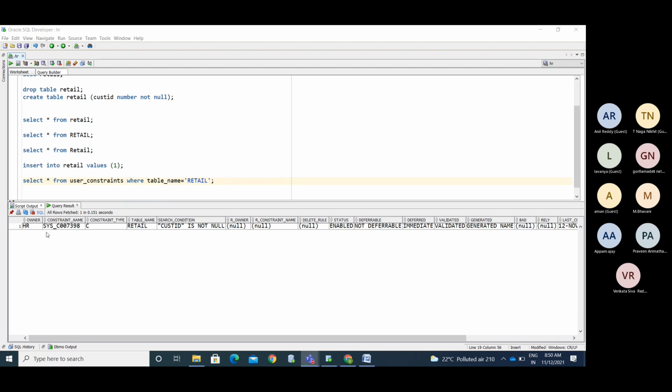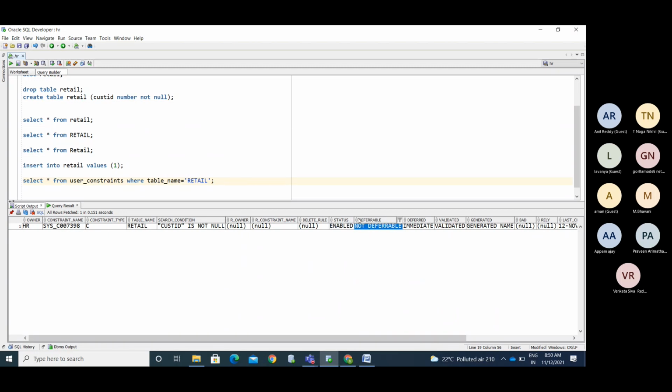Okay, see here. This is the table, and the constraint condition is that while inserting the data into this table, cust ID is always not null. I'm putting a condition here, so while inserting itself, I can check that. See here, status enabled. Constraints we can enable and disable also.